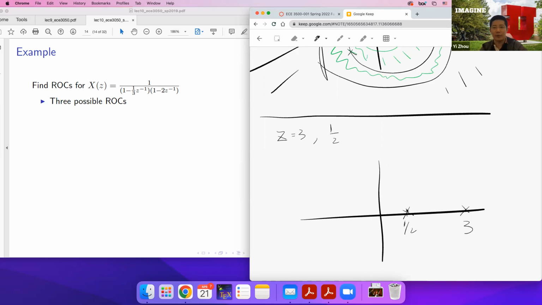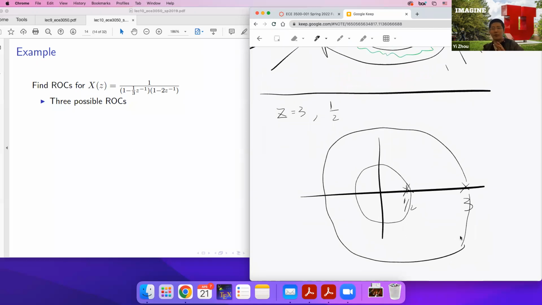regions. So what you do is basically, instead, in the Laplace transform, we always draw vertical lines as the boundary of the ROC. But in the Z transform, we always draw circles as the boundary of the ROC. So here we draw circles going through these poles. Another circle. And these two circles will divide the entire region into three